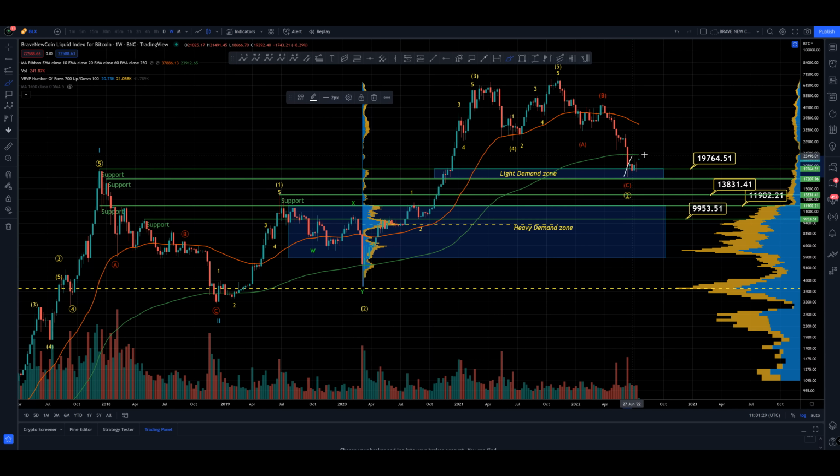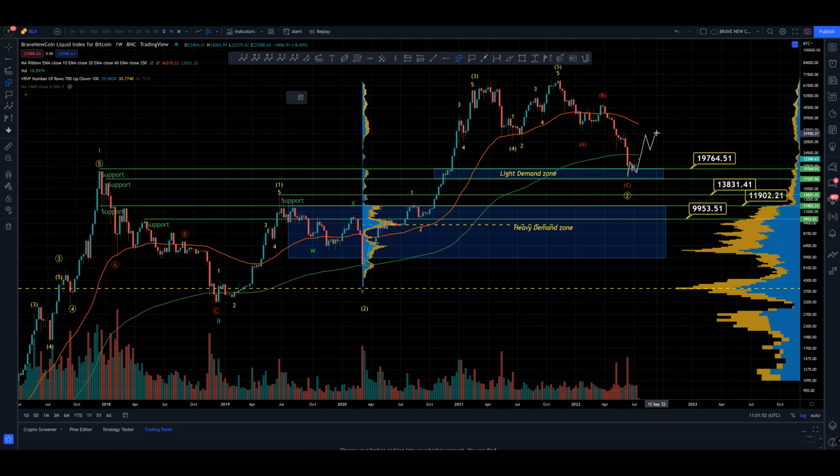Cards on the table. We don't know what this is. Right. We have a bearish count, we have an alternate count, a bullish count for it. It's ugly, it's difficult to decipher on the small time frame, so let's just be absolutely honest and say we don't really know what that is. Okay, now what it could be is it could be 1 and 2 with 3 and 4 and 5 to come, okay, of a first wave up.